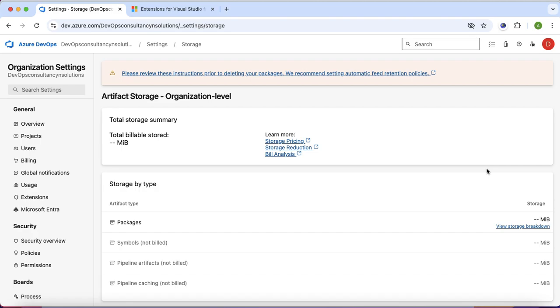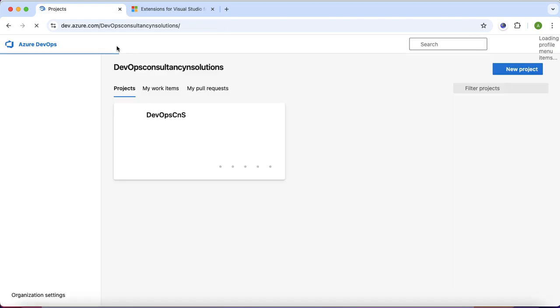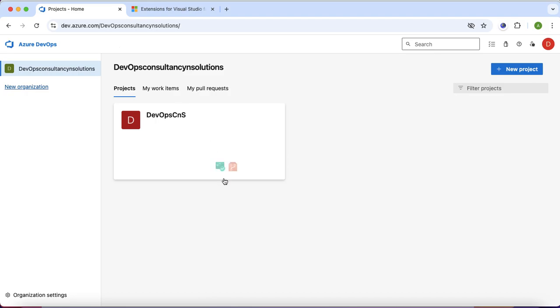But you can set the organization settings here for the repository and the artifacts that will be implemented across all your projects, right? So now I will go to the project settings and explore what are the various features or options available for the project. So if I click here on the project,